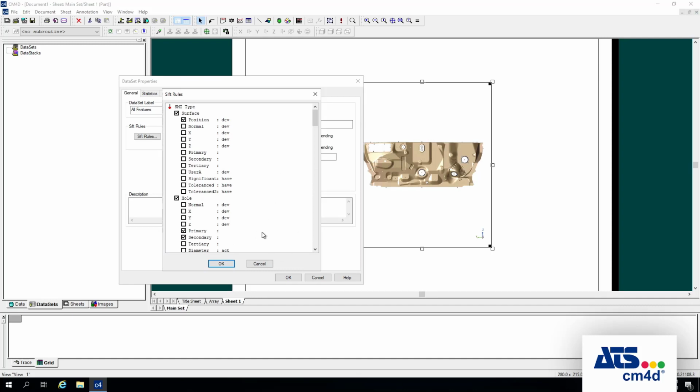Basically, if you have, say, 10 points that you plan on loading into this data set, some of those points, because of the nominals that we loaded from Datasmith, will fall under particular categories. There will be points that are known as surface, points that are known as hole, points that are known as slot, and other categories. We'll look more into how CM4D automatically places a feature into a particular category,